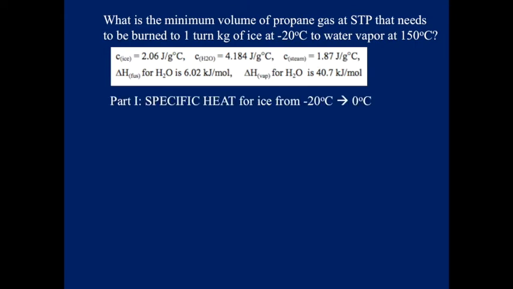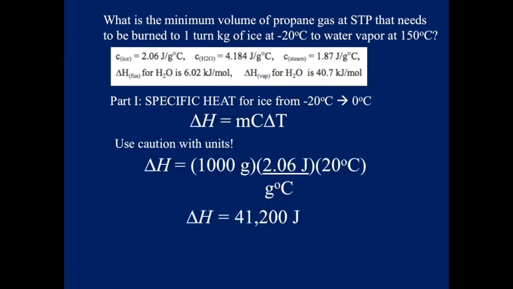So first, we will deal with energy. We're going to get the energy by burning propane gas. However, we need to find out how much energy we have first. So just like we've done before, I determine with specific heat, using the specific heat value of ice, how much energy I would need to heat ice from negative 20 to 0 degrees Celsius. The temperature changes 20 degrees. From there, I melt